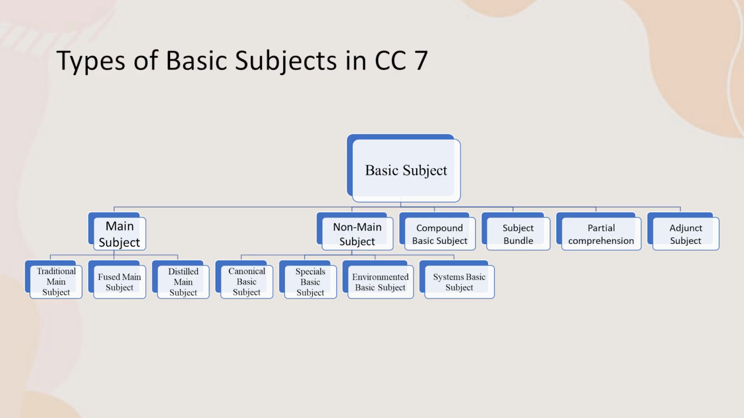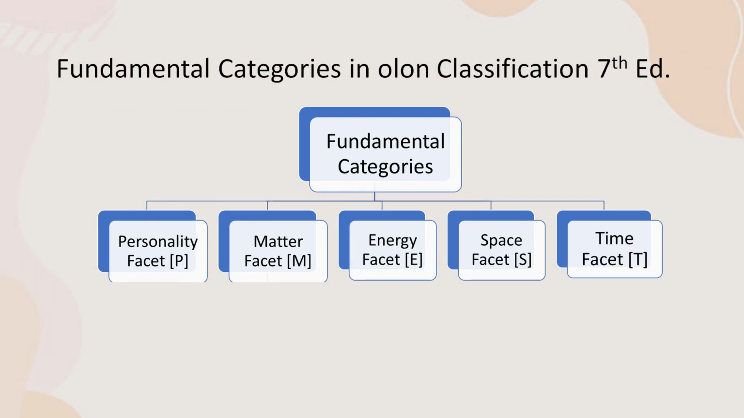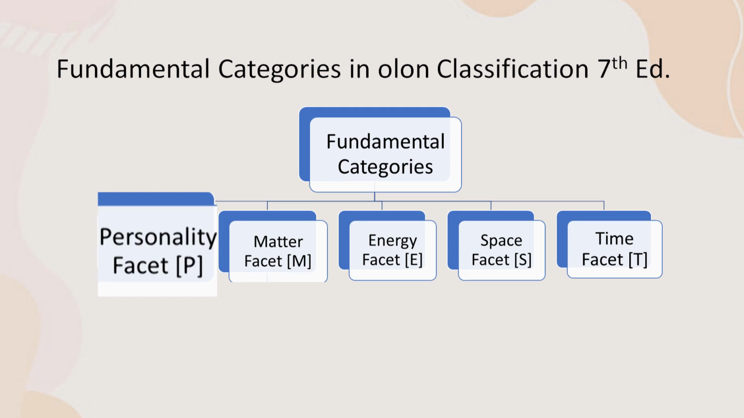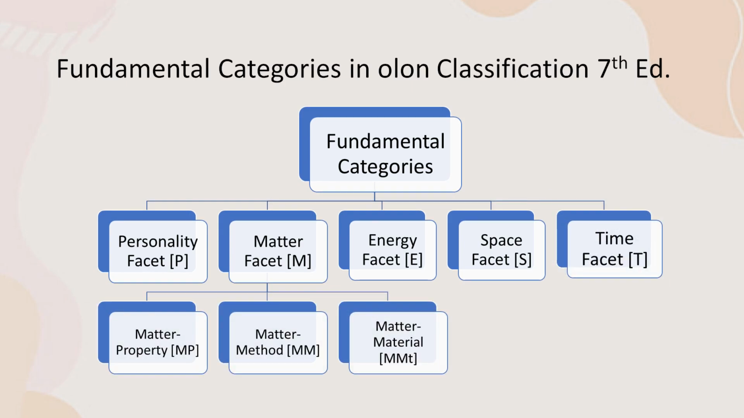With a traditional basic subject, if other types of main or non-main subjects are grouped, those are considered as adjunct subjects. Now, in each of these basic subjects, we may have different components, those are called isolates, and these isolates or components may be categorized in different fundamental categories. According to the postulate of fundamental categories by Ranganathan, there are 5 and only 5 fundamental categories. These are personality, matter, energy, space and time. In colon classification 7th edition, the matter category may again be in different variants such as matter property, matter method and